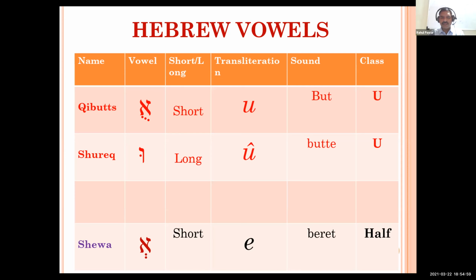They do not differentiate this Shva, because in biblical Hebrew, Shva is either vocal or it is silent. But they do not count or distinguish between these two sounds. So whenever you find the Shva, it can give an E sound or it can not give an E sound. It can be a silent vowel, because there are certain rules about the Shva that we are going to learn in chapter 3.